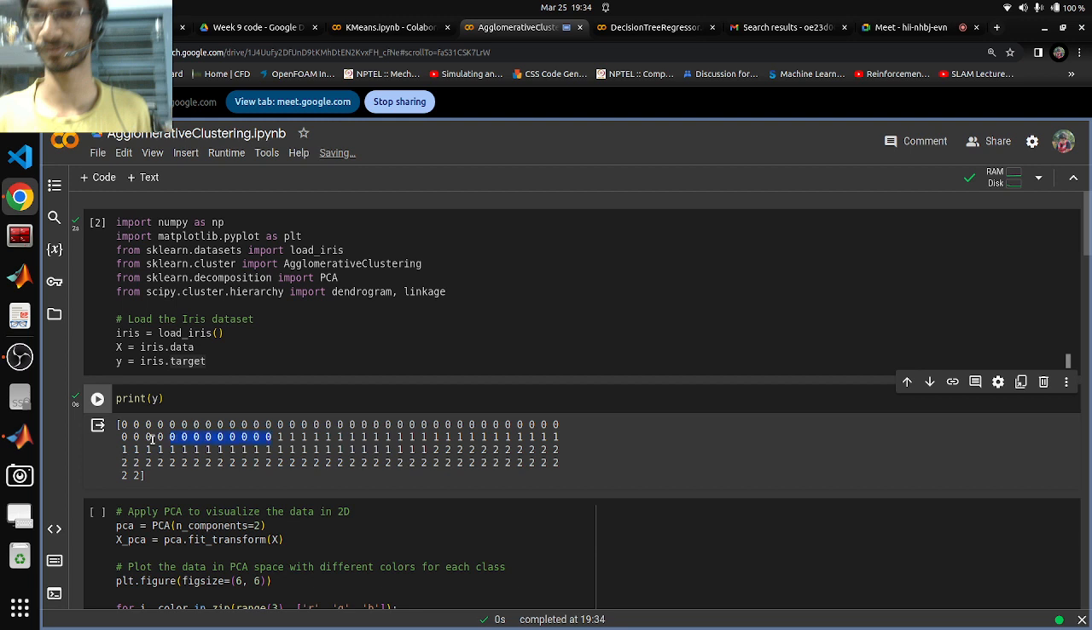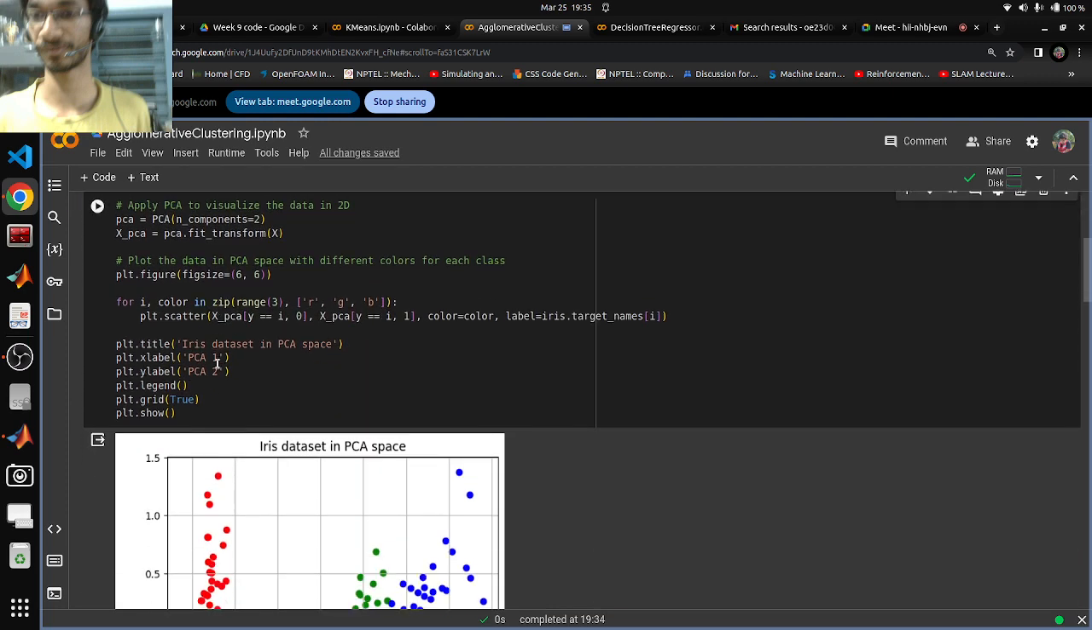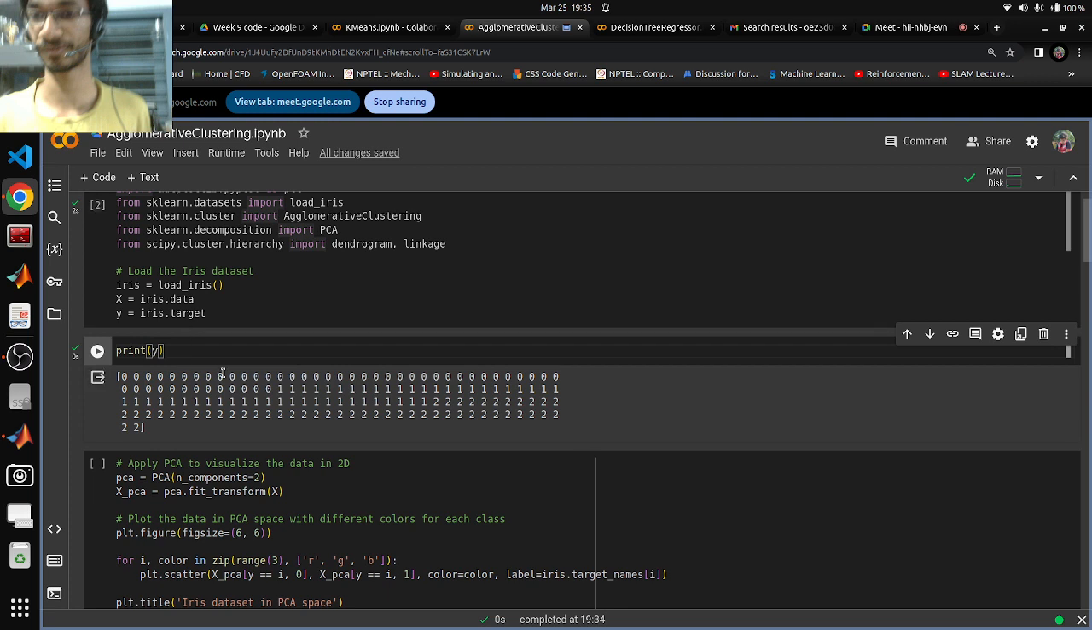So there are a lot of data points which belong to class 0, and a lot of them belong to class 1, and a lot of them belong to class 2. Okay, so we are kind of considering this as our data set. So for the sake of demonstration, since this is a 4-dimensional data set and we can't visualize how it